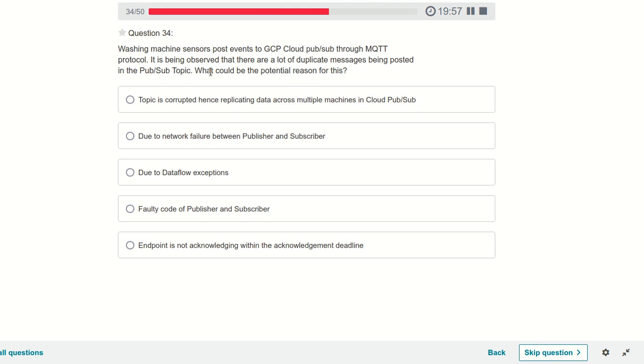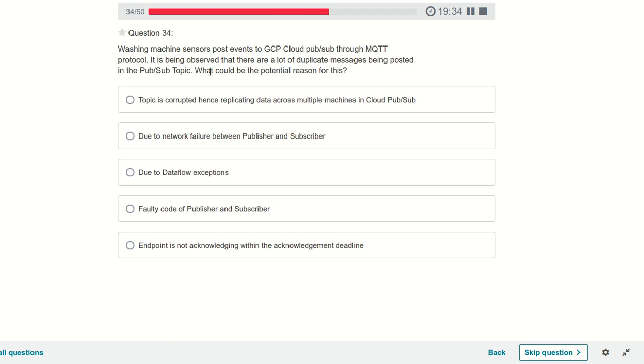The main reason for duplicate messages in Pub/Sub is that Pub/Sub sends the message from one application to another application, and if the other application is not responding, then it will retry again and again and again. If the other application responds in a single go, then that particular message gets processed.